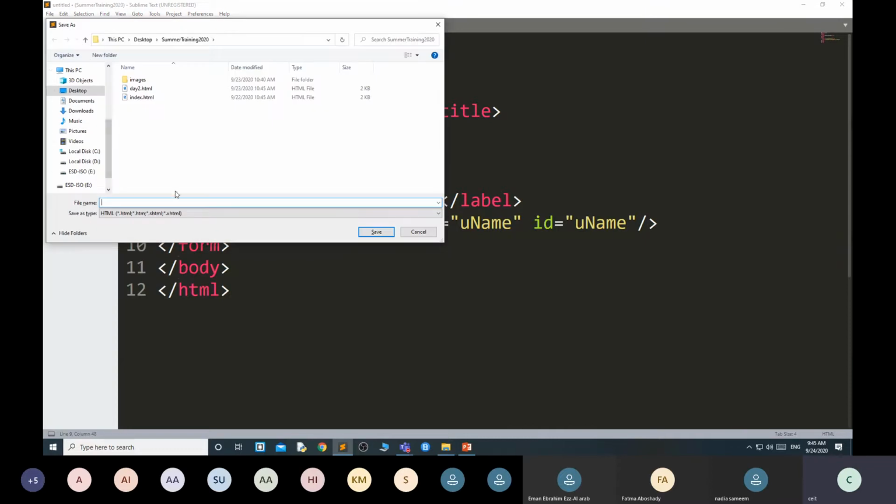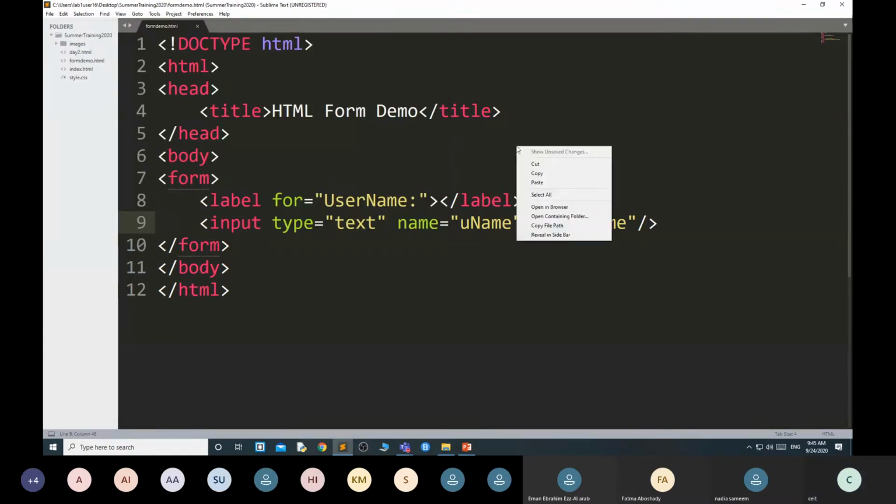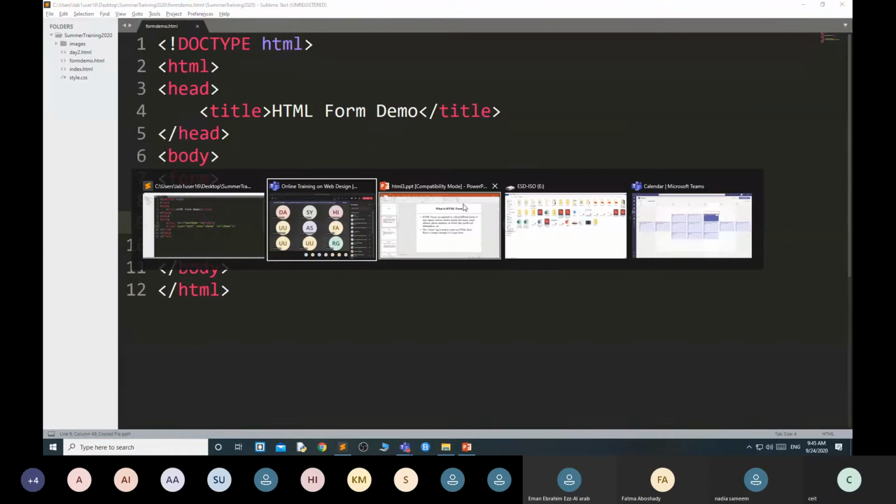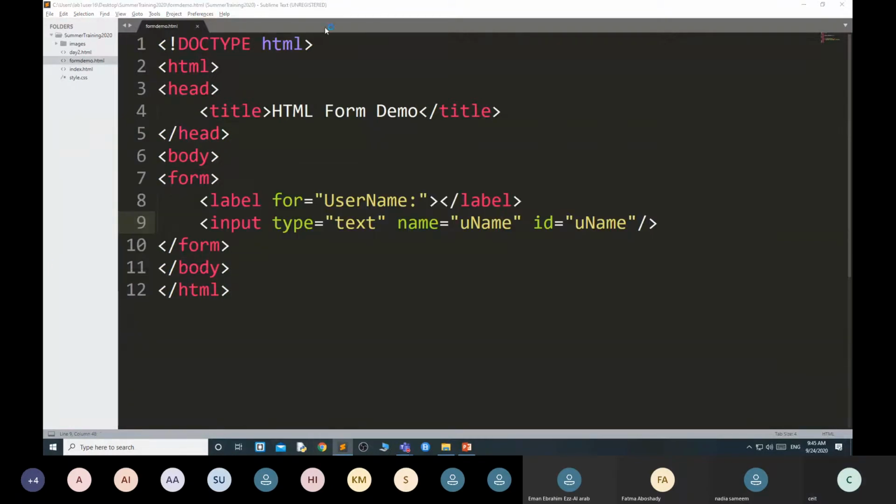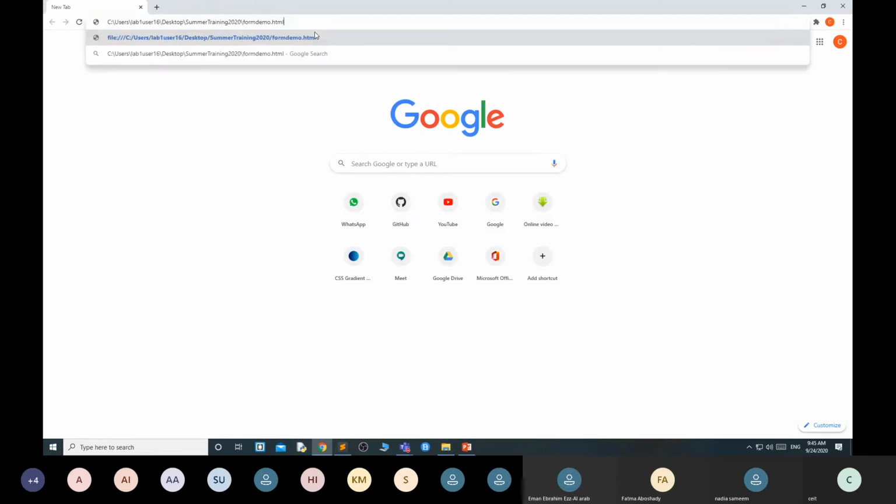Okay, this will create it. You will see that. First, let me save form demo.html. Okay. It is creating a text box.